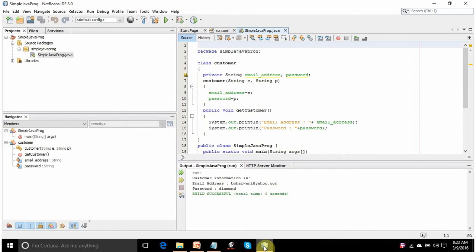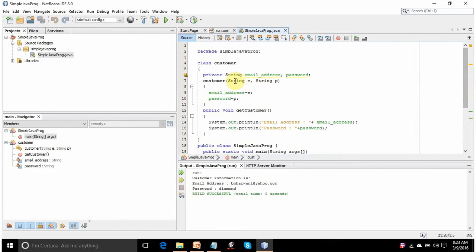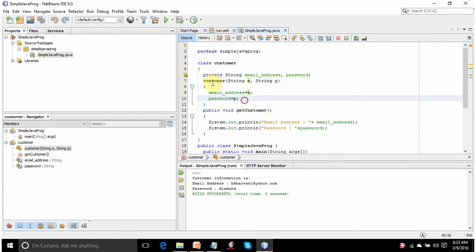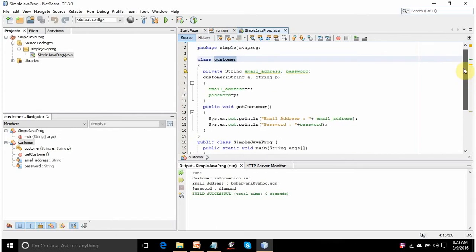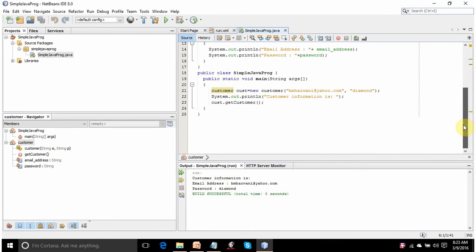In the last lecture we saw the concept of default and parameterized constructor. So you are sending two parameters while defining an object, so the compiler will look for a constructor with parameters in it. Obviously this is the constructor. How do you know it's a constructor? When the method name and the class name resemble, it is a constructor, and it automatically executes on defining an object. And what is the purpose of a constructor? It initializes the values of the data members, email address and password. This is what we did in the last lecture.